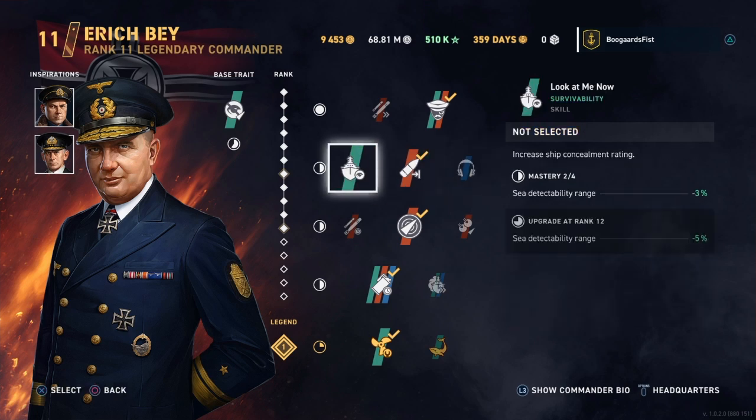Look at Me Now. This one I've actually used about 75% of the time with my Erich Bey build, and definitely a strong option. Detectability is decent. I think it tends to come in second behind the Japanese, again, uninfluenced by other commander builds. So using this can help. You can actually turn these into fairly stealthy destroyers if you want to spec them out that way. But because I have Bey, and you'll see I have Swirski over there, a little bit of a spoiler alert, I already have kind of a stealth build, so